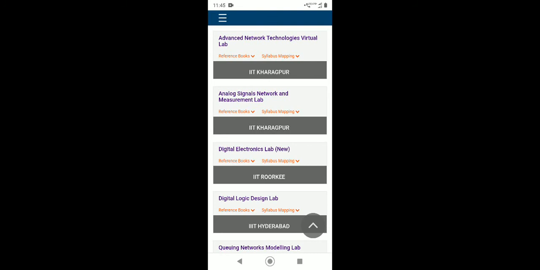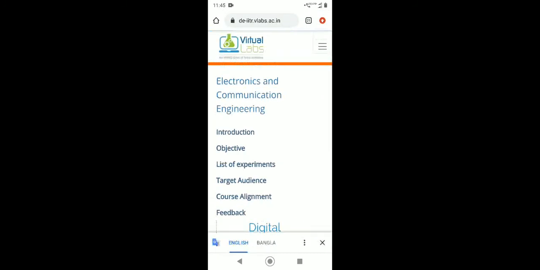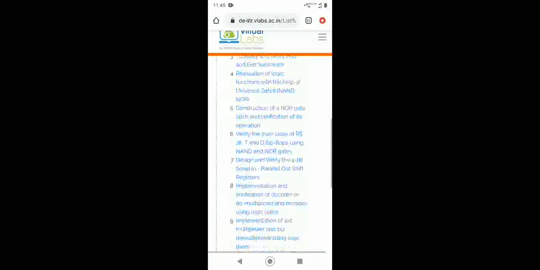So we will go for IIT Roorkee. Now here is the list of experiments. In experiment number 12, verify the truth table of 1-bit as well as 2-bit comparator using logic gates. So first of all we will do the 1-bit comparator.